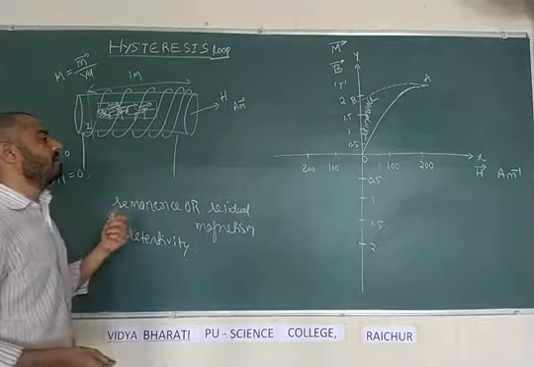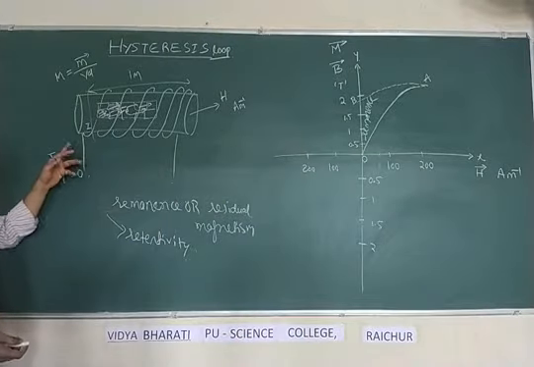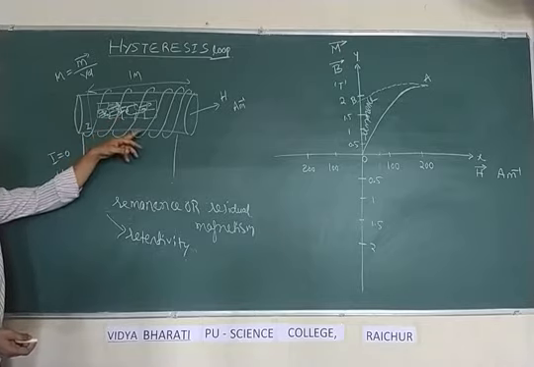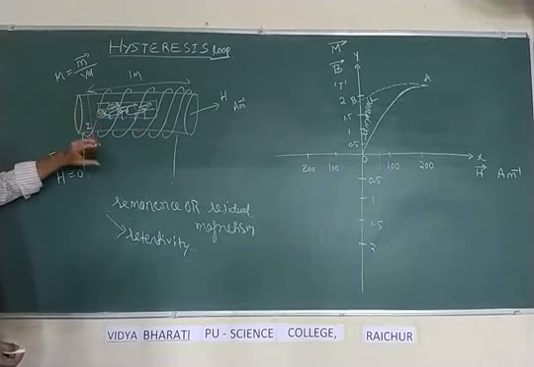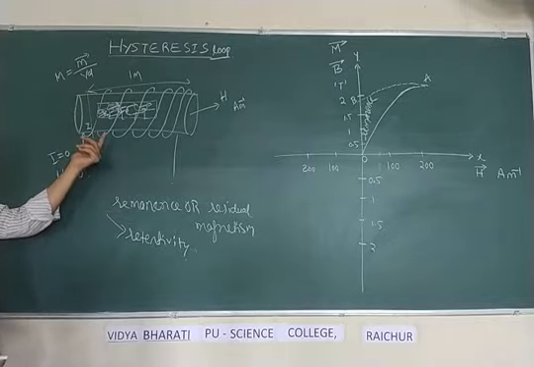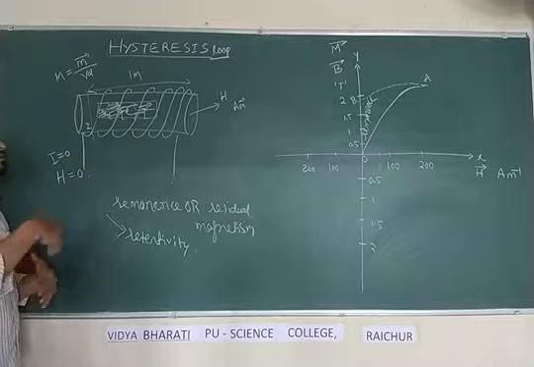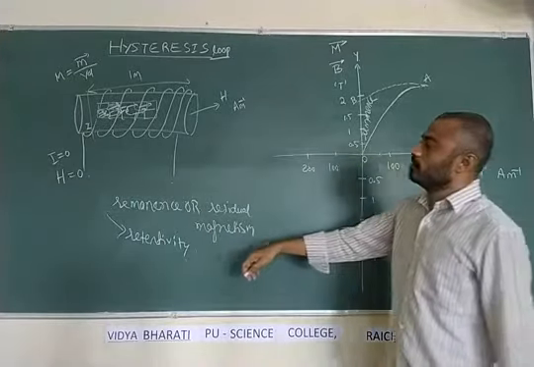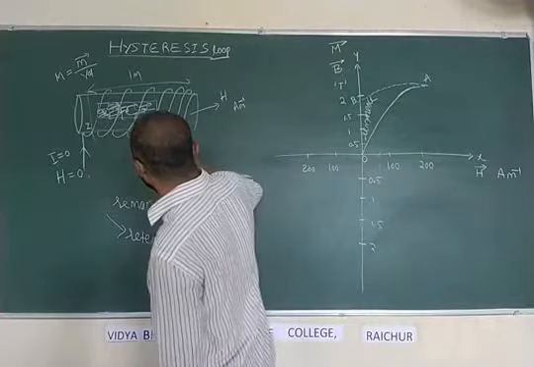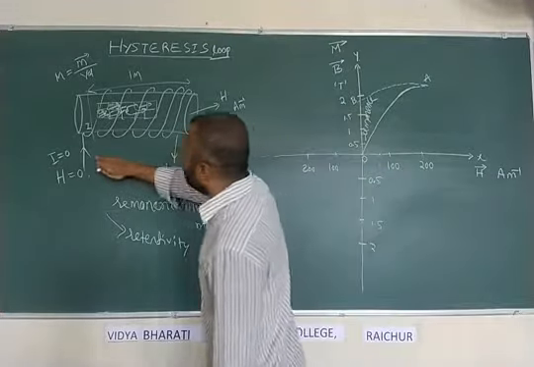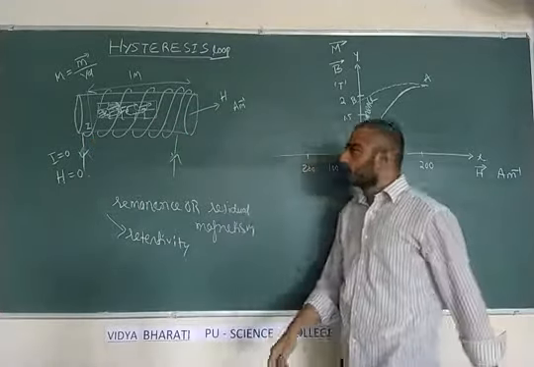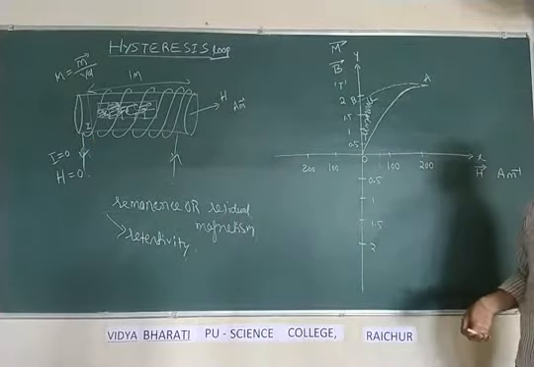But scientifically, what we do here is that whatever the amount of current which was sent so far to convert this into a magnet, that direction of the current is to be reversed. Now I start reversing the direction of the current. Again further I increase the current. On increasing current in reverse direction, earlier it was sent like this. Now I start sending current in reverse direction like this. Now I am applying reverse supply.